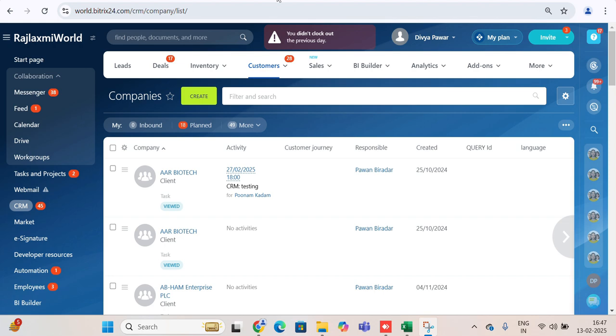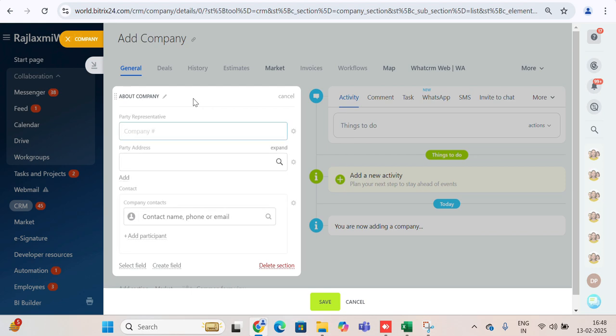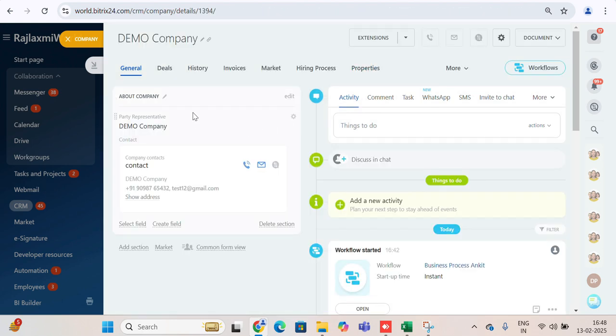So for creating the company, you just need to click on the create in the CRM company section. Here you will be able to add all the relevant information about your company, that is the name of the company, owner of the company, contact number, details and everything. So when you add that information and save that information, you will be able to see your company's information in